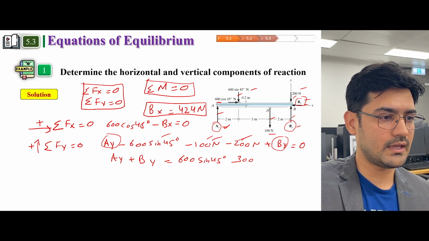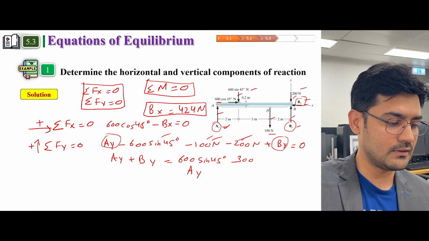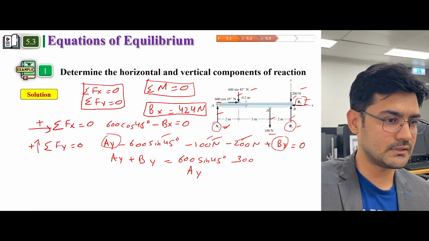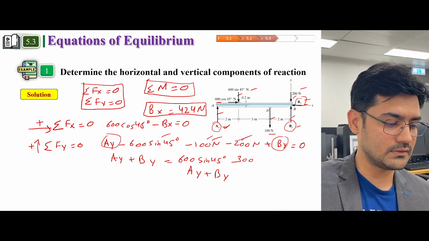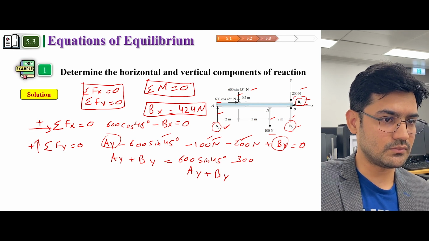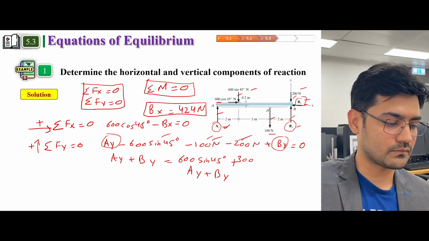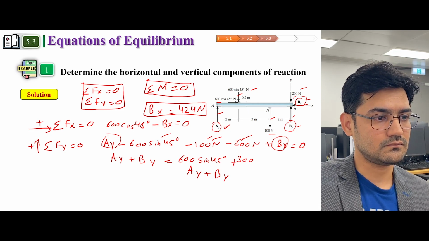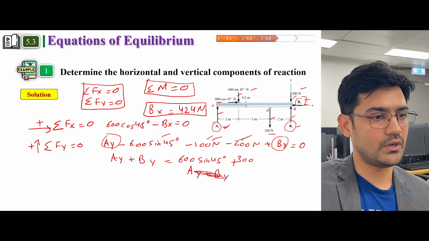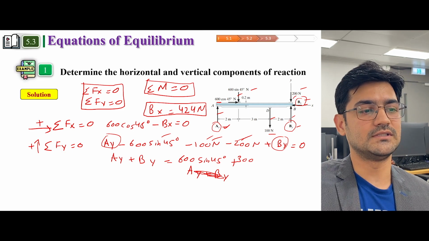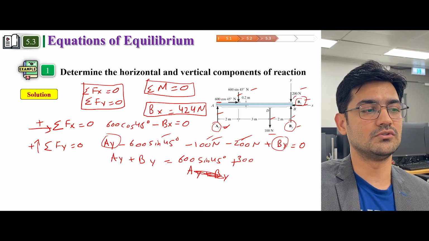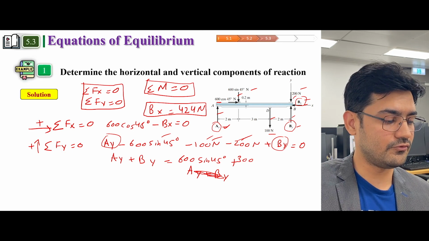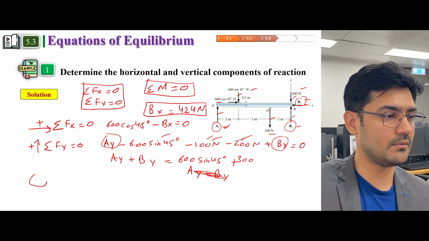So ay plus by is equal to, now this is positive 300. Okay, so what can we do now? Because we cannot solve this equation further because there are two unknowns, so we can move towards next equilibrium condition,